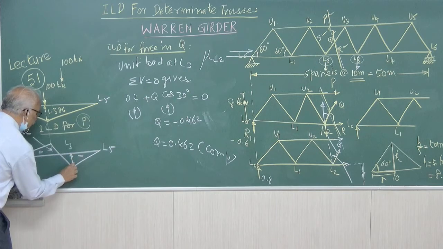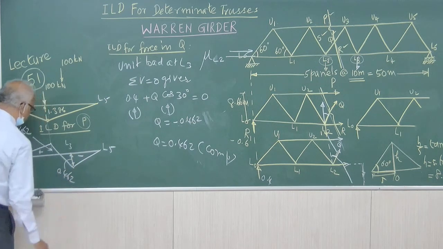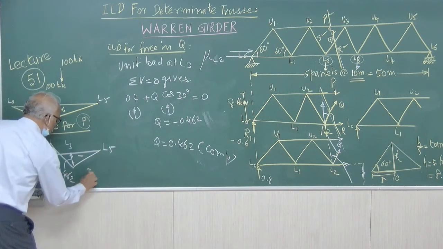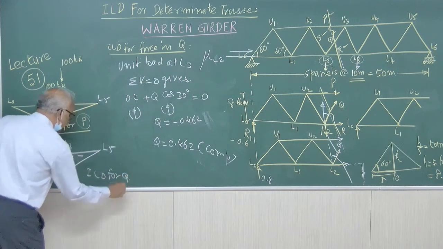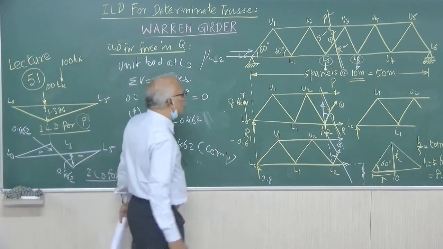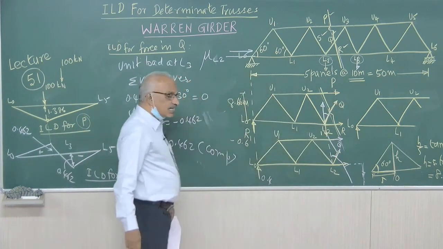So this value is 0.462. This is ILD for Q. ILD for the force member Q. Therefore, the diagonal member Q acts as a tension member